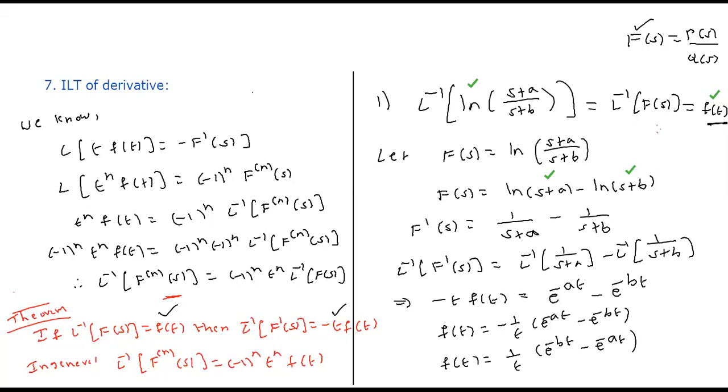Whenever you have a transcendental function, other than a rational function, you may have to apply this inverse Laplace transform of derivative. That's a thumb rule. You may not be able to find f of t directly, but indirectly you can find f of t by initially applying the derivative of f of s on both sides. Is that clear? Shall I proceed? Yes, sir. So we'll see some more problems.